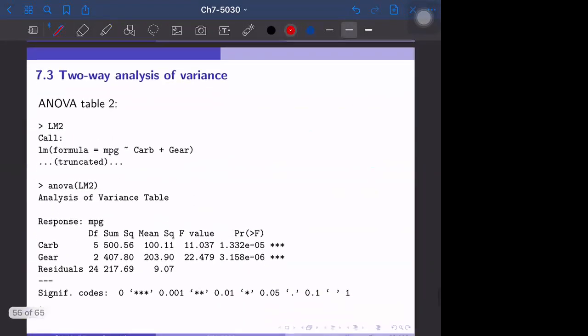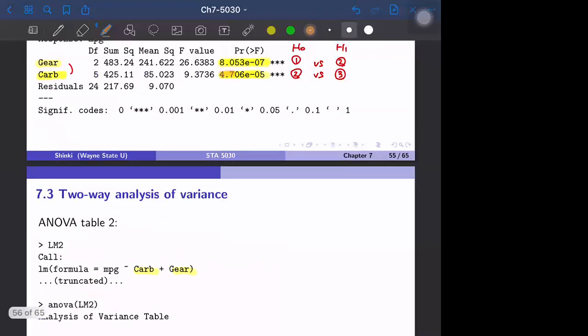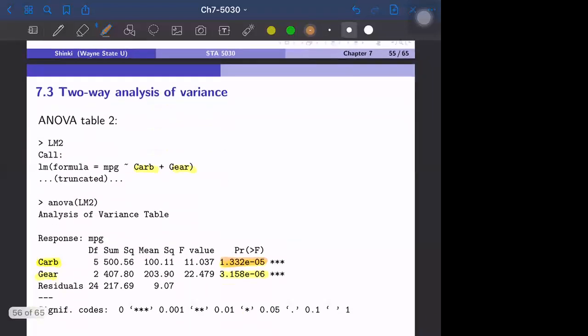So, second ANOVA table: carburetor first, then gear. Anyway, both are significant, but these p-values are different. Carburetor is more significant because we haven't used the information of the gear beforehand. If you compare this p-value with the previous p-value, the p-value actually gets smaller, maybe about a third or